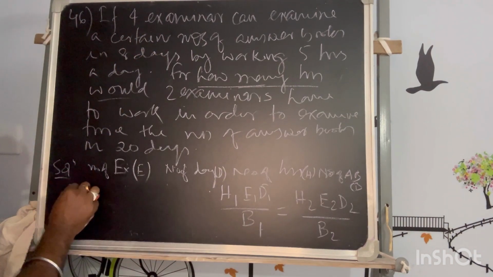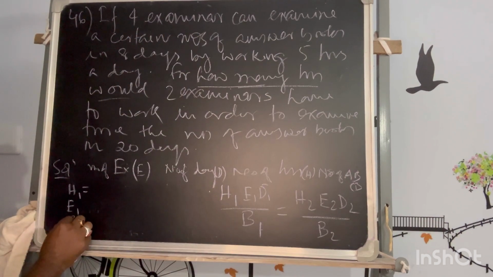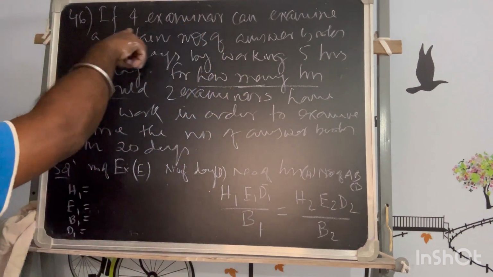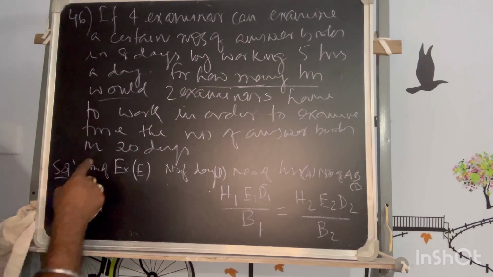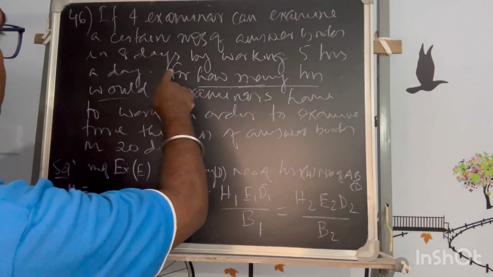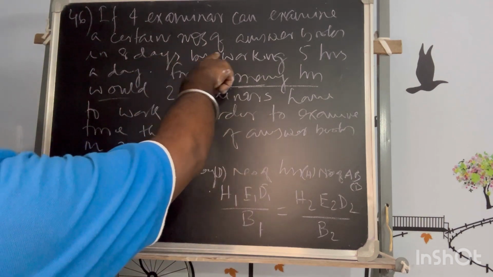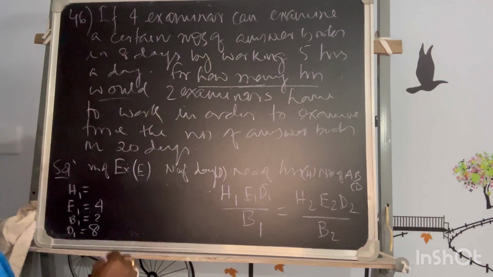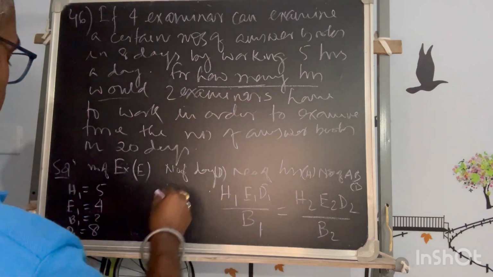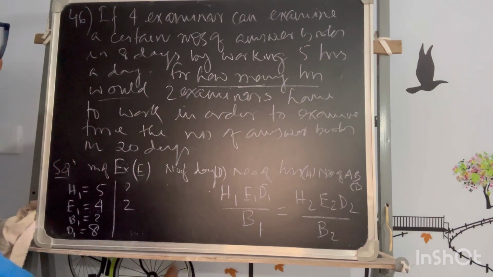What is h1? Let me take all these together, b1 and d1. So let me write all these values. So 4 examiners. So the first set, the examiner number is 4. Examine a certain number of books in 8 days, number of days 8, number of hours 5. For how many hours would 2 examiners, the second set is 2, how many hours is needed to examine